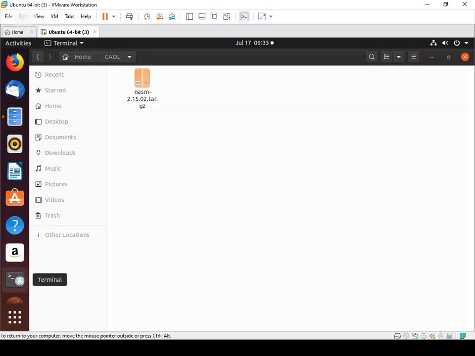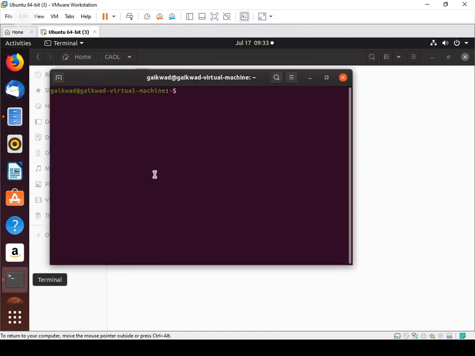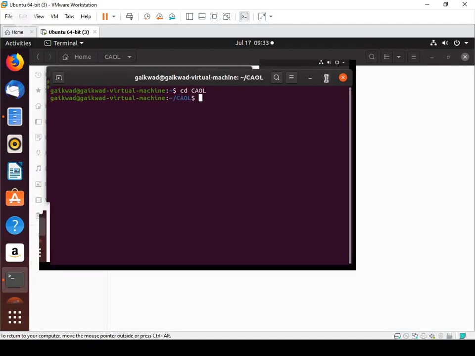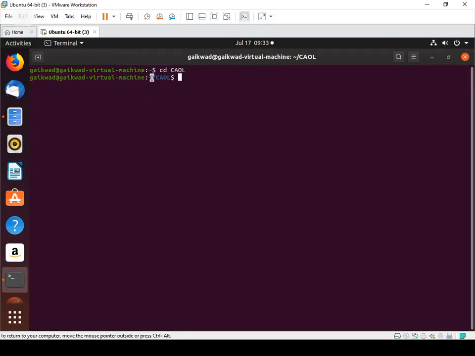So open the terminal. cd, I want to go into the created folder, CAOL. Now you can observe here that this is the folder which I have created.